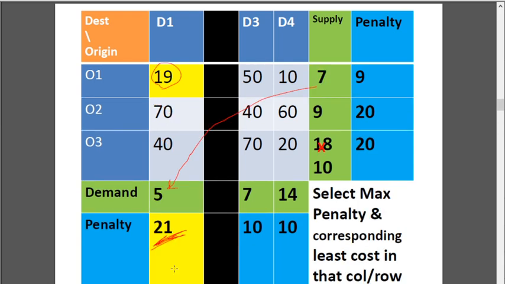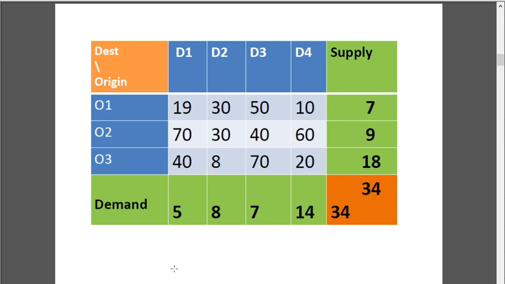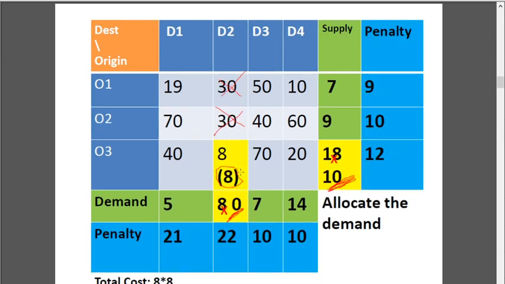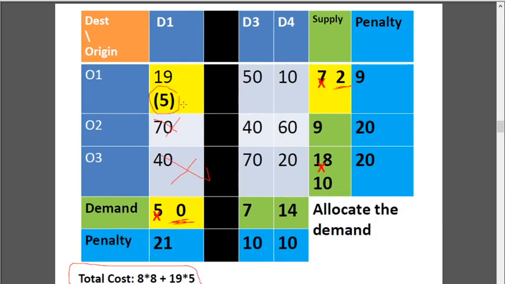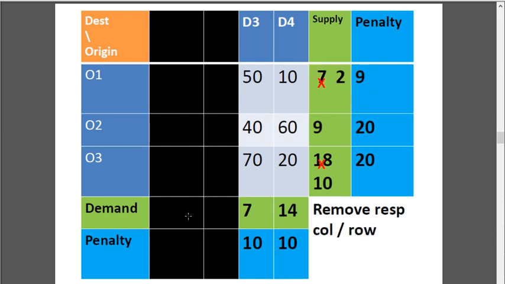In the first step we allocated 8 units here, therefore the cost was 8 into 8. In the next iteration we allocated 5 units, and the cost is 19 into 5. So the total cost has become 8 into 8 plus 19 into 5. Since the demand has become 0, we will remove this column. This goes off.